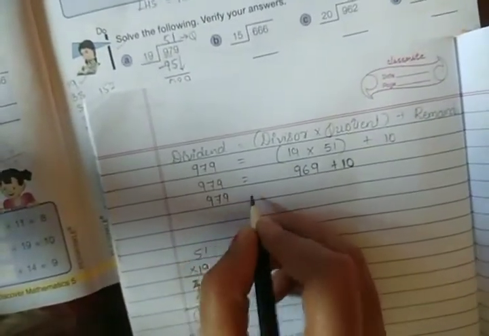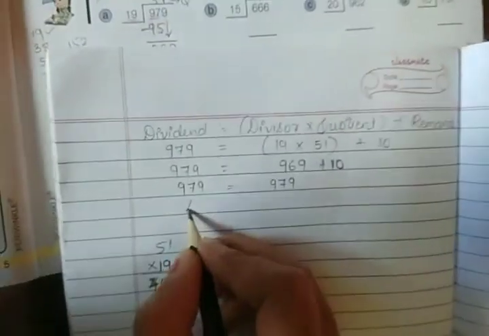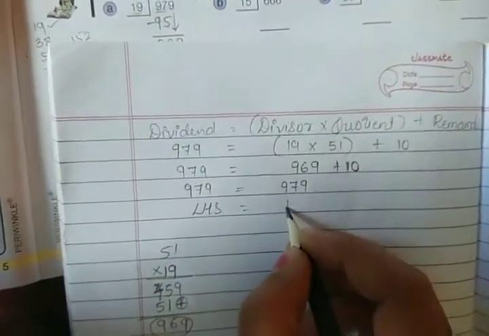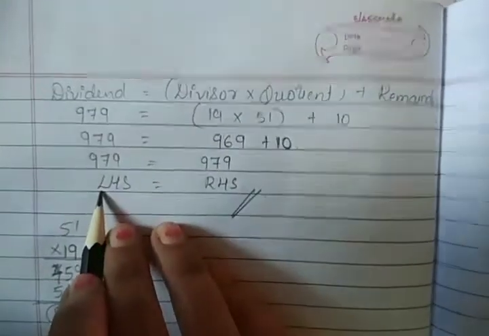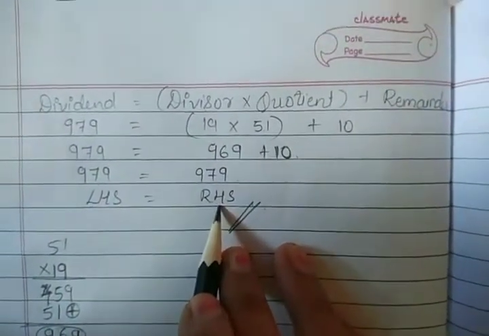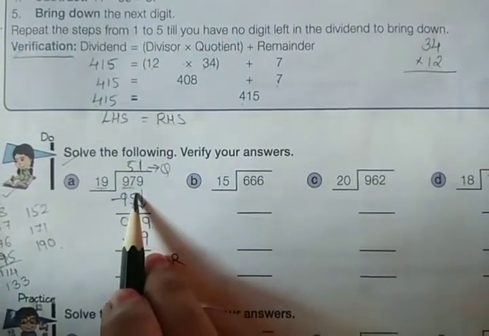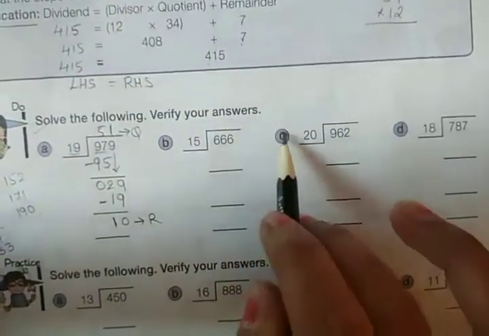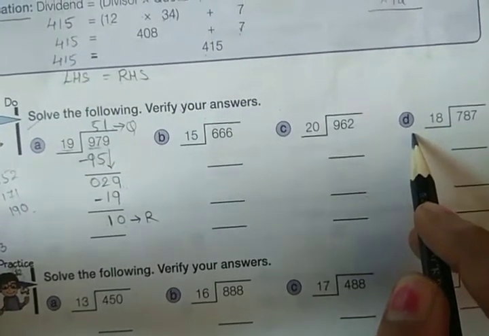So your answer is 979 is equal to 979. That is your LHS is equal to RHS. Okay, right hand side is equal to your left hand side, and so this answer whatever we got here and the sum whichever we have solved, it is correct. Okay, and the remaining B, C and D ones you are going to solve and you are going to send me. Okay,